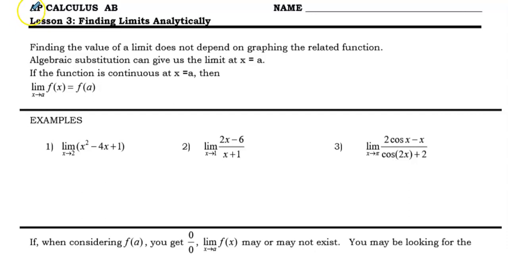This is where we're going to be finding limits analytically. And so in this particular video, we're going to talk about two strategies on how to find a limit at a given value. Up to this point, you found limits to infinity, positive and negative infinity, and then we also had a conversation about the definition of continuity. And that would be that the overall limit at a particular value as it's approaching is equal to f of